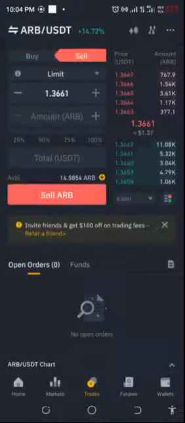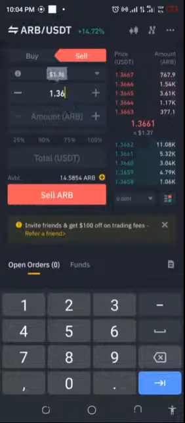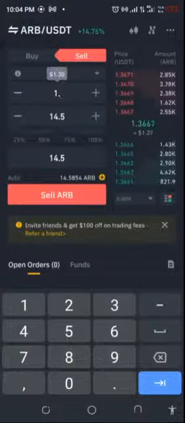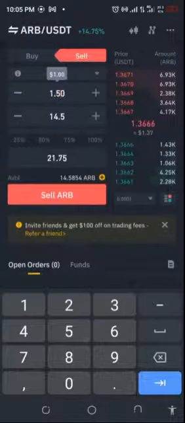Okay, so now, where we are now is for us to set a sell limit. Let's set this to 1.38. All right. Let's see what we will get. Whoops. Nah, I'm not going to do this. Let me see. Let's set it to 1.40. Let's see whether, what's going on here? Okay, let's make this maybe 1.50. At least have something. Oh, what am I doing? Let's take this to 1.40. Okay, that's